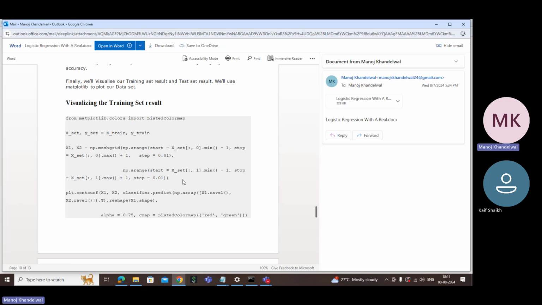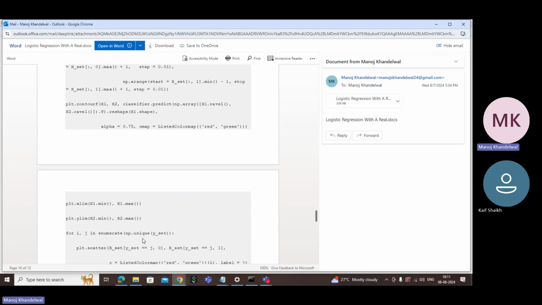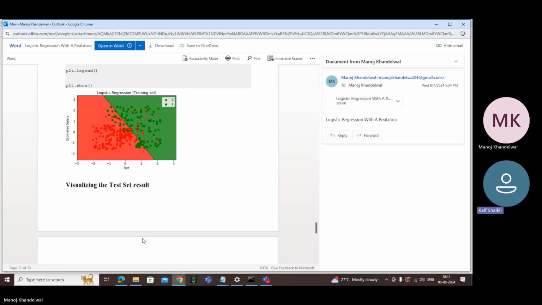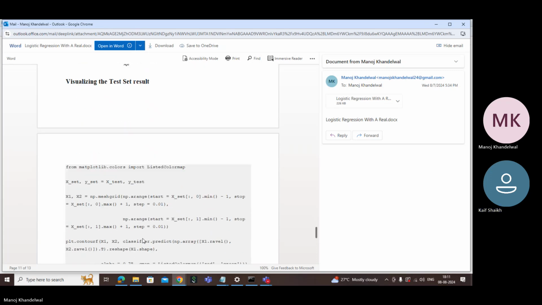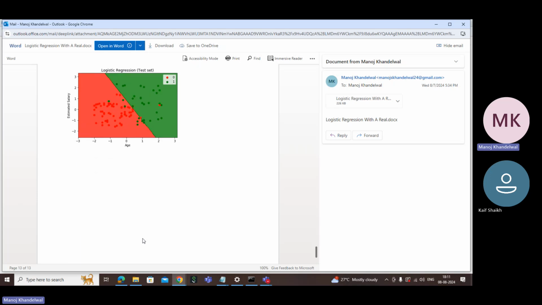NP arrange. X1 और X2 के वैल्यूज कैलकुलेट किए, देन दिस इज क्लासीफायर प्रेडिक्ट। ये लास्ट पार्ट नहीं किया तो चलेगा, इट्स नॉट दैट इम्पोर्टेंट एक्चुअली। तो कंफ्यूजन मैट्रिक्स तक ही करना है, बाकी जरूरी नहीं है, ठीक है।